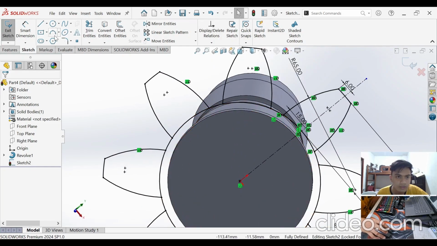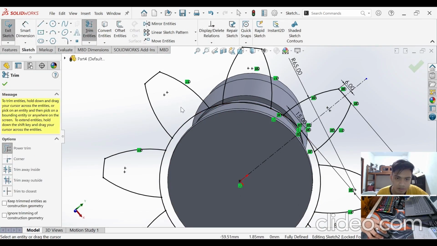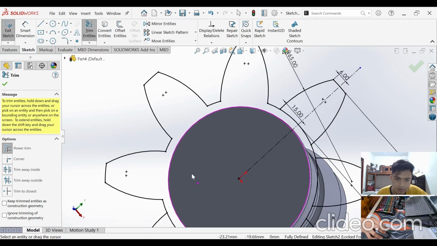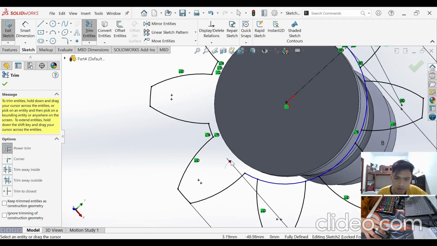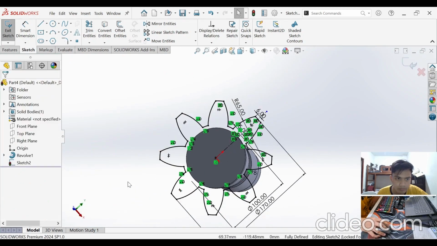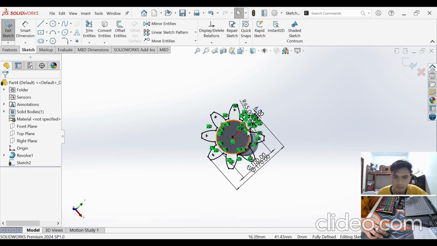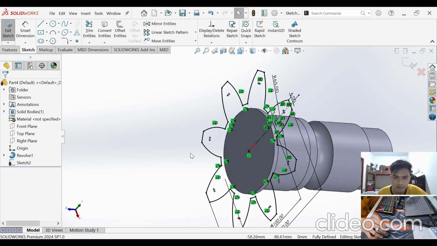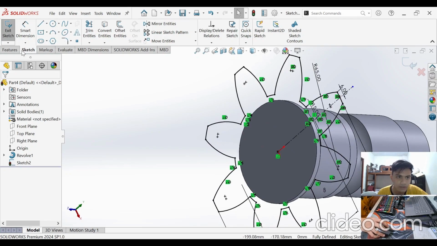So first, let us clean up the mirrored entity sketches. Remove this, this, this, this, this, this, this, and this. Now this sketch is ready to be converted.